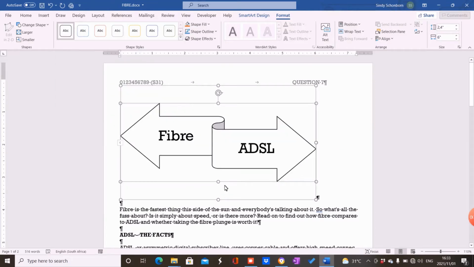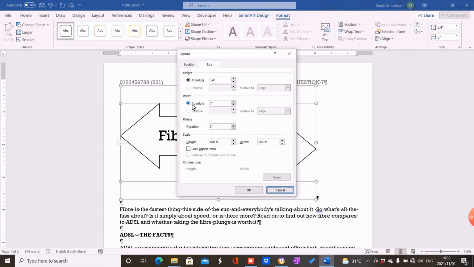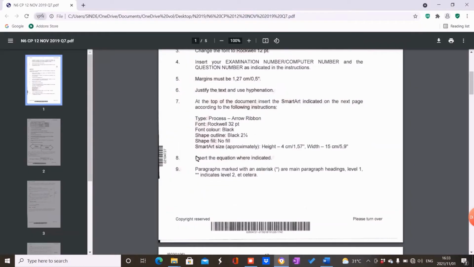Okay, then it tells us the shape size, approximately the height. You see, this is your height and your width. I like to go to the size itself. And then it tells us, now mine is using inches again. So here the height, you see there it says height. And over here, it talks about the height, 1,57. So let me change to 1,57. I'm going to highlight